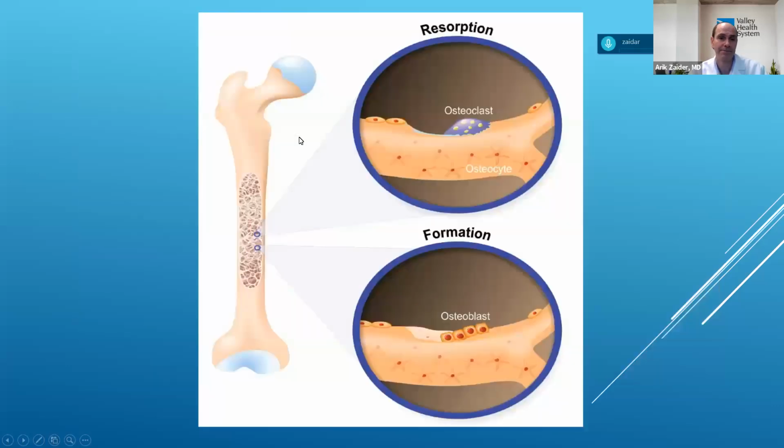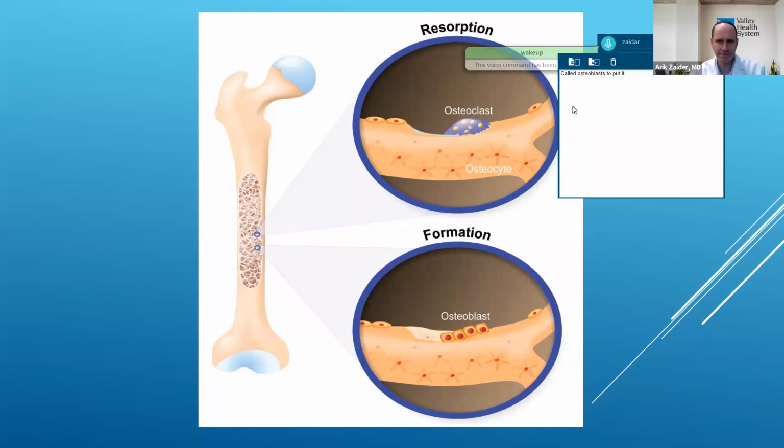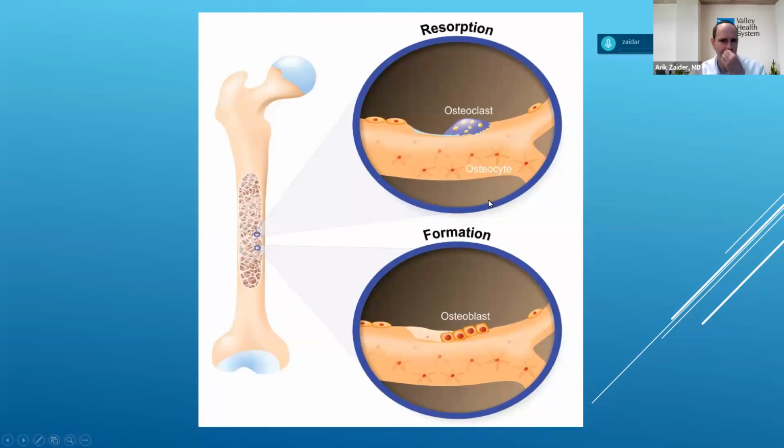To put it real simply, bone is either formed or bone is broken down, and this is happening constantly. So as you are watching, as you are sitting there, bone is being formed and broken down. It's a constant process. The cells that break down bones are called osteoclasts, and the cells that make up bone are called osteoblasts, to put it very simply. We use this phenomenon of constantly making, constantly breaking down to come up with our treatment strategy.